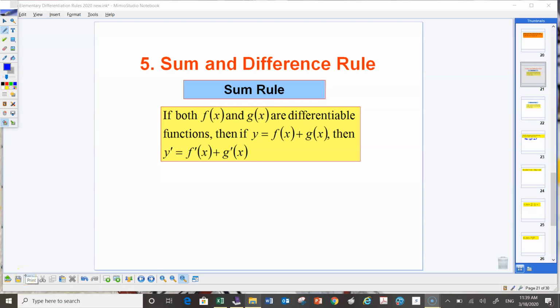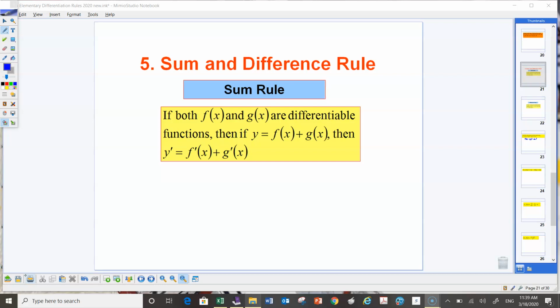In today's lesson, we're going to continue with our elementary differentiation rules, which is section 4.5 of our textbook. We have two rules that we're going to look at. One is called the sum rule and one is called the difference rule. And basically they are the same thing, except in one we are adding terms together, and in another one we